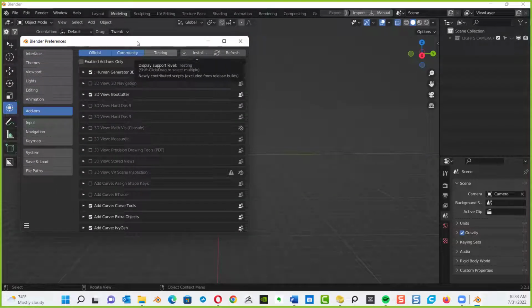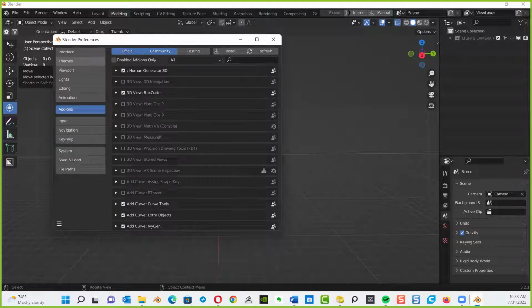Now, those of you who have taken my one-day Blender class will probably already have your preferences set up the way I'm going to instruct, so just be patient. Most everybody here has never opened up Blender before.